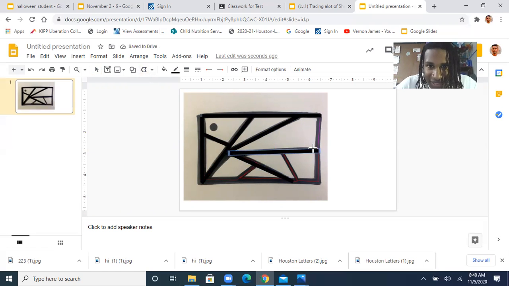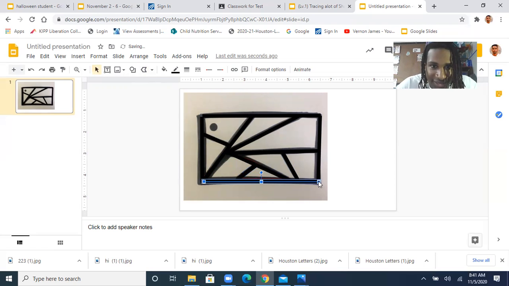Polyline. Where's my next line? I'm going to do this one. Aim for the center, click, drag it down, double click. Polyline. Find my next line. I'm going to do this one. Aim for the center, click, drag it down, double click. Polyline. Find my next line. I'm going to do this one right here. Aim for the center, click, drag it down, double click. Bam. Polyline, last line, aim for the center, click, drag it over,